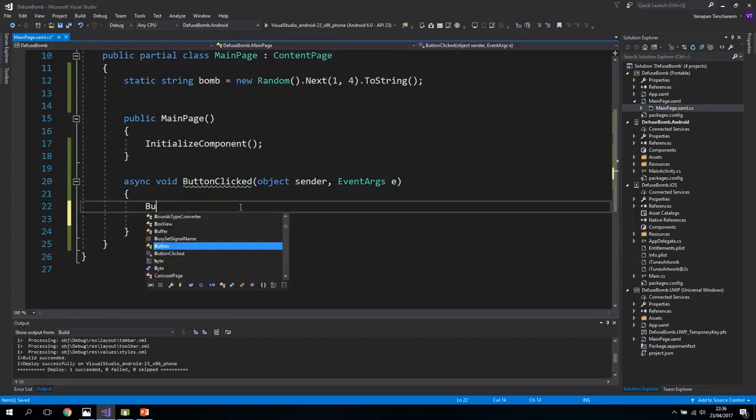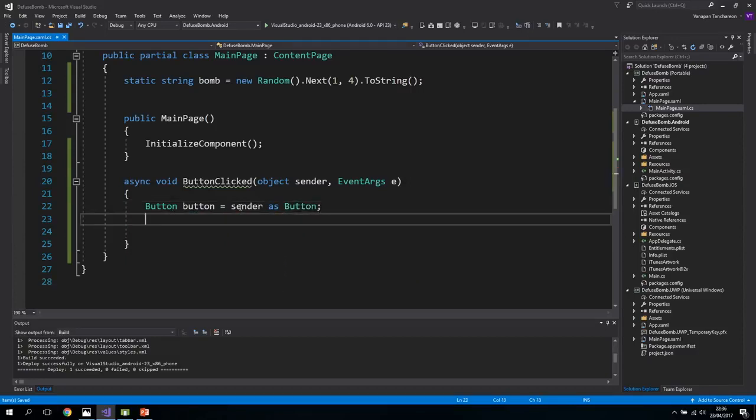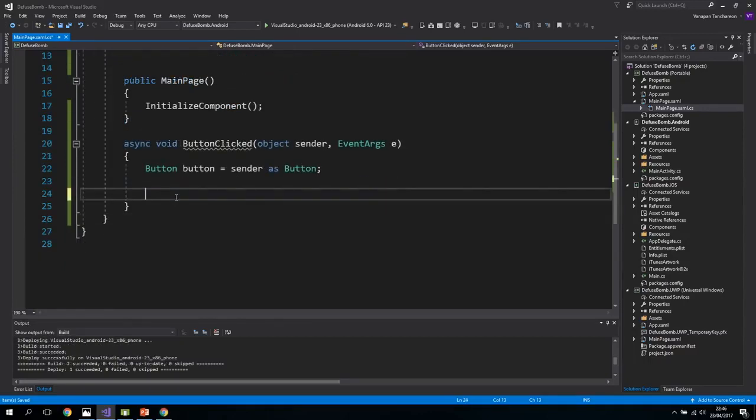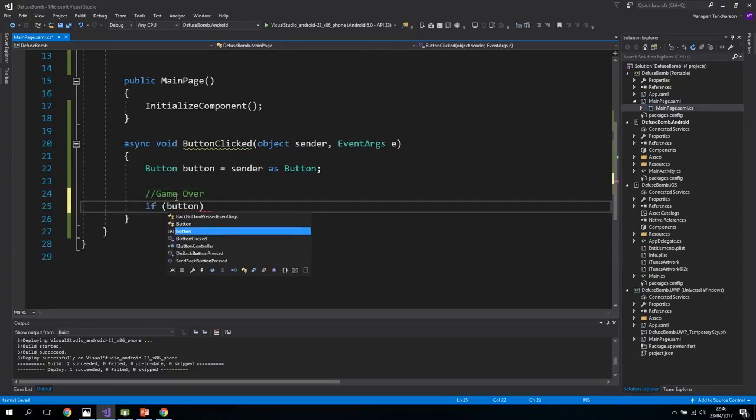What's important here is that we need a button in our method. So button equal, and we're going to cast this as a button type. Awesome. So now we can actually access the attributes of our button. Now we're going to check if the user clicked the button that contains the bomb. So if button.Text equal to bomb,